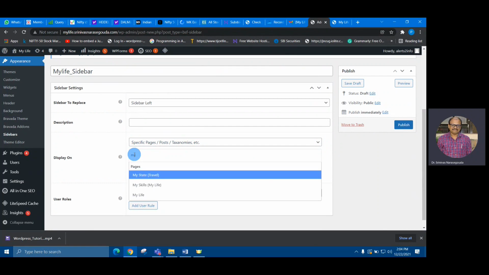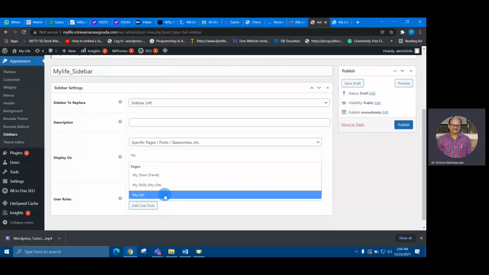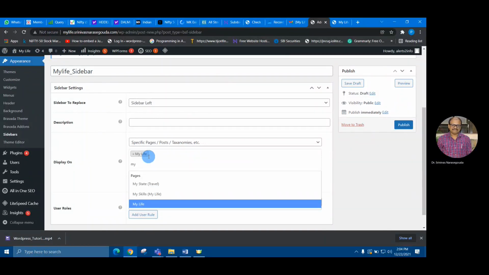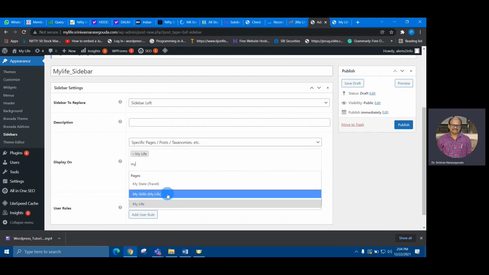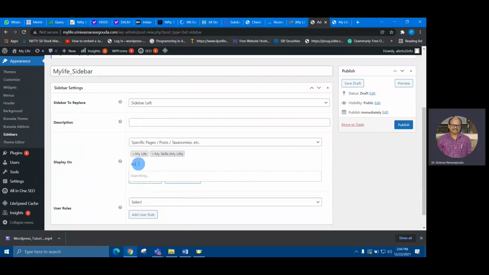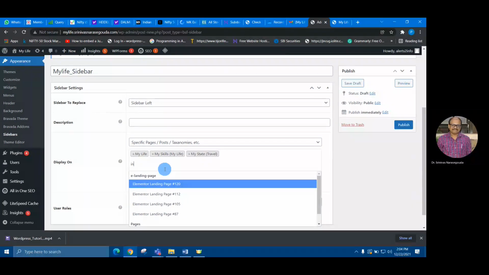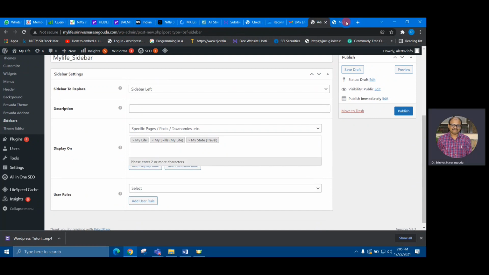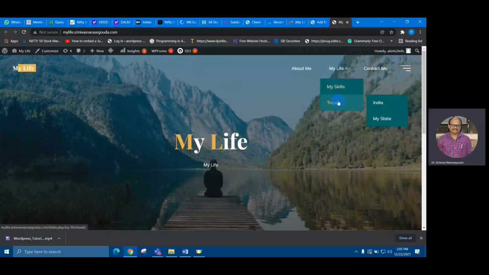The moment you type the first two letters, you will get the suggestions. Like I want this sidebar to be displayed on the My Life page, my skills, my state, skill, travel, India, and my state.